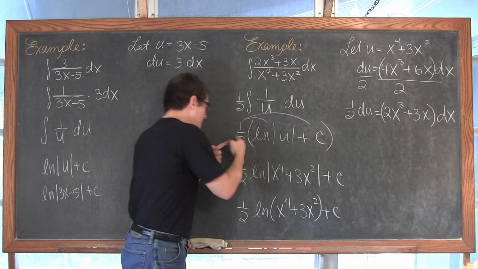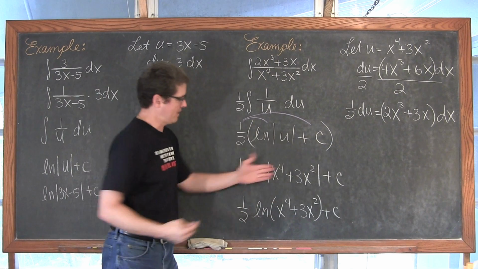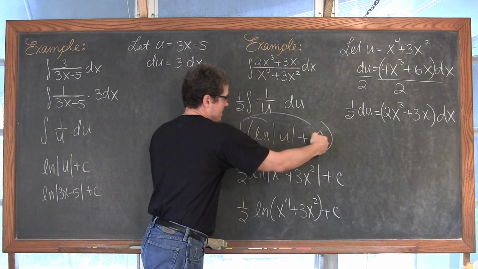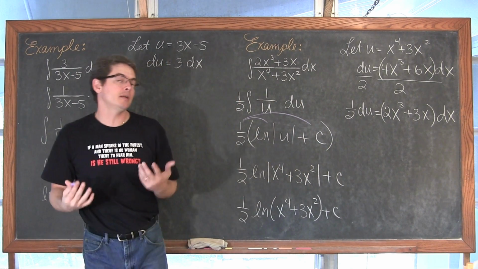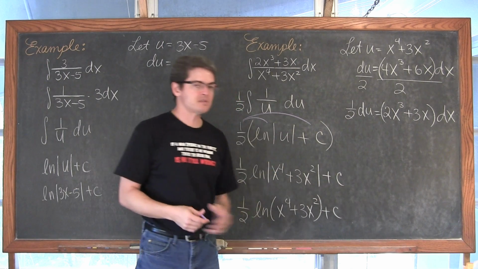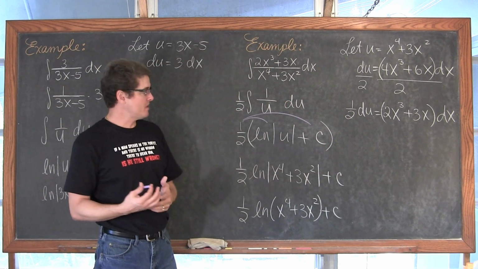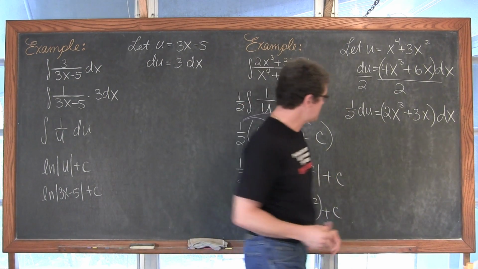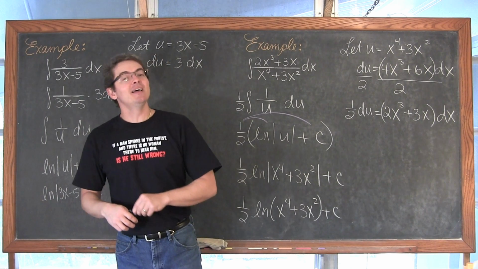Well, 1/2 of natural log of the absolute value of u is 1/2... Well, I got the u out now, and then 1/2 times c. Well, I don't know what that constant is, but when I multiply it by half, I'm just going to get another unknown constant, and there's no need to write that 1/2 c over here. So really that 1/2 is getting distributed through these two terms, but it still just shows up as a plus c. So there's our first two examples. Let's get on to the next one.